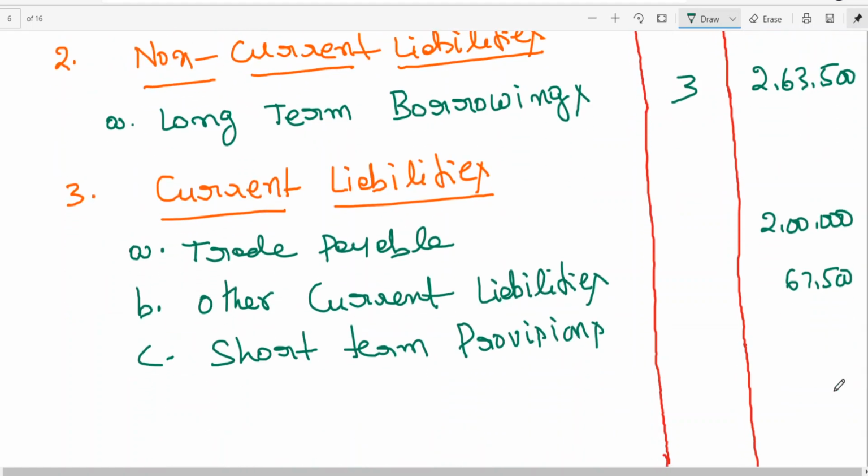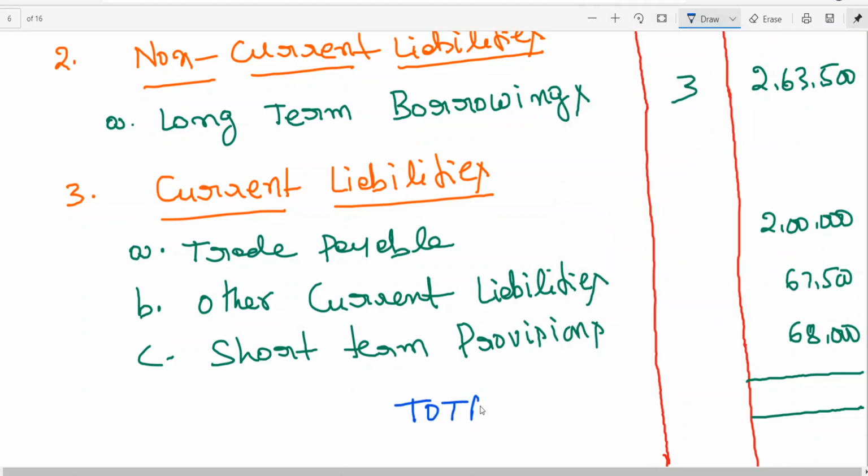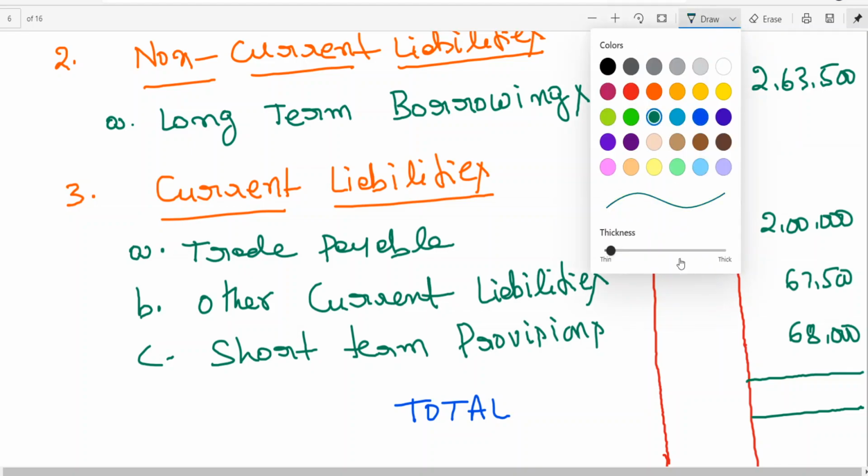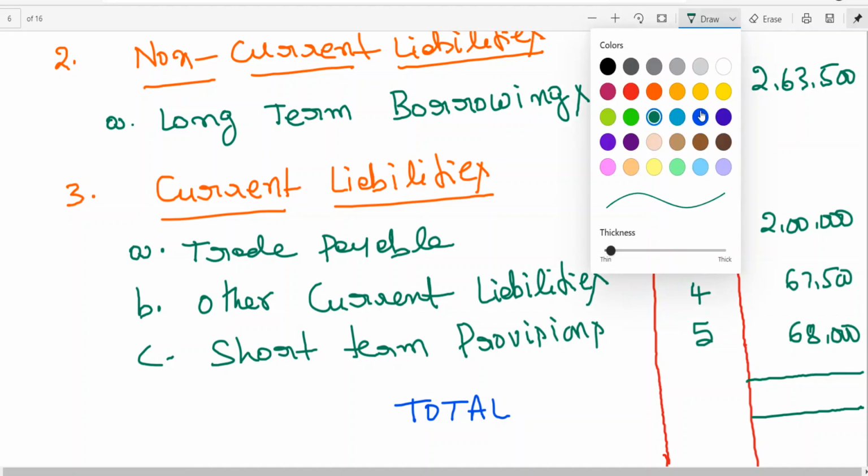67,500, short term provision 68,000. Then finally we can go for totaling. Total. Other current liabilities, I think we have written note number 4. This is note number 5. Total. Okay. The total, if you go for it,